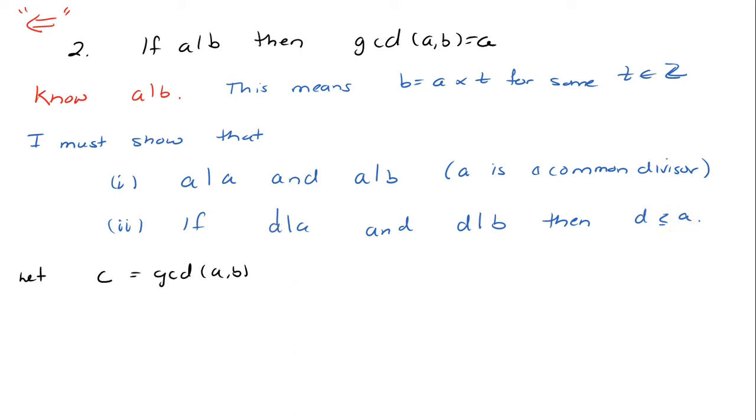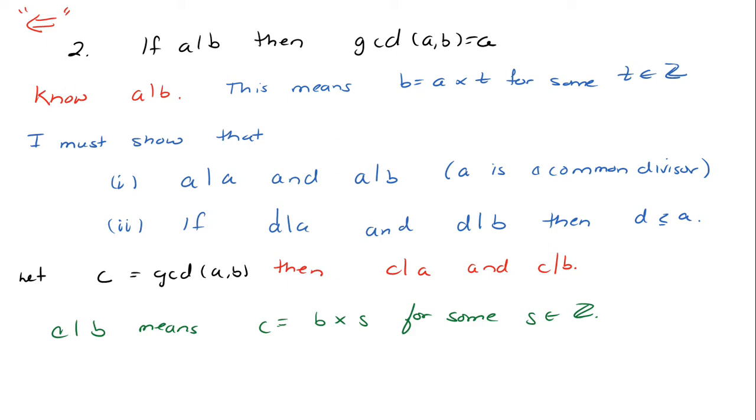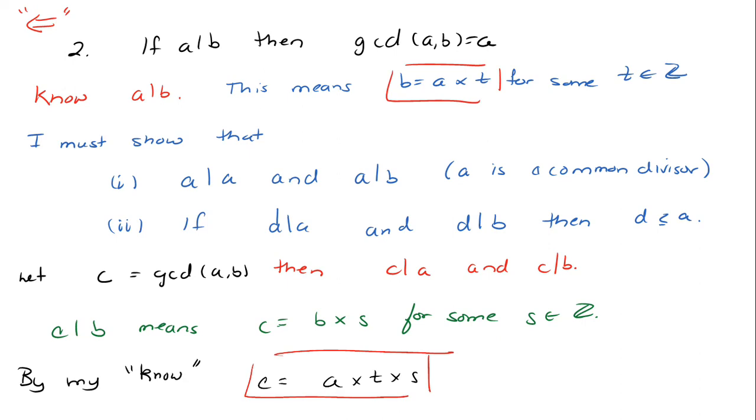So I have a little trick. I let C be the greatest common divisor of A and B. I'm allowed to call it anything I want. And then I take out the properties of C, which was just a name. The property is that C divides A and C divides B. And I write down what that means. C divides B means that C is equal to B times S for some S. But my know is that C is also equal to